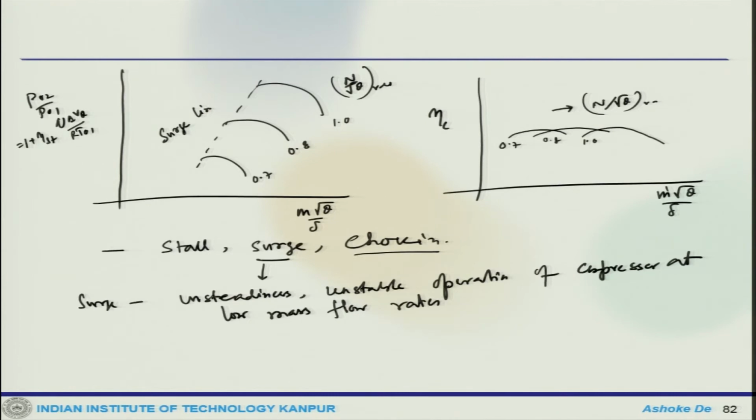Okay. So, the best operating point is very close to the surge point. Now, as a designer, one has to prevent the surge and also extend the limit by shifting the surge line to the left. That means this line should be shifted more towards the left, so that we have